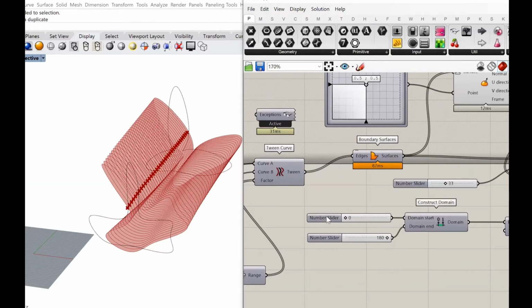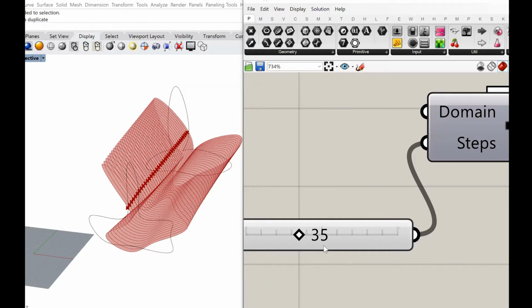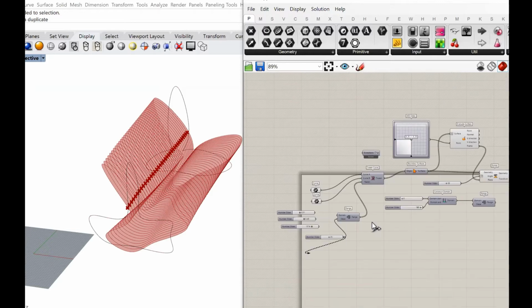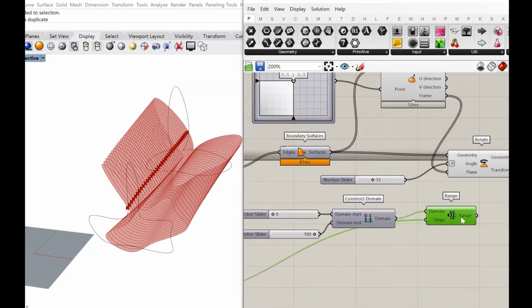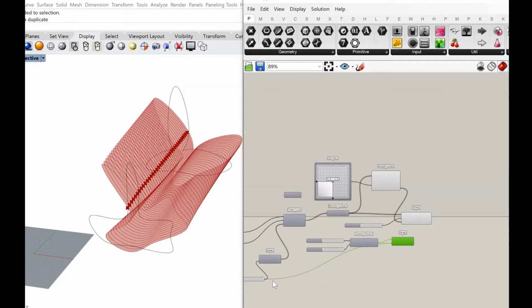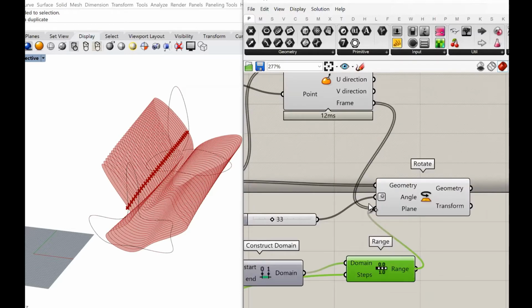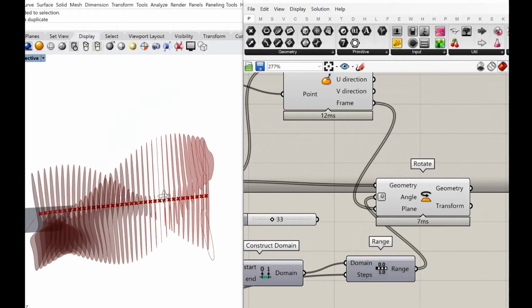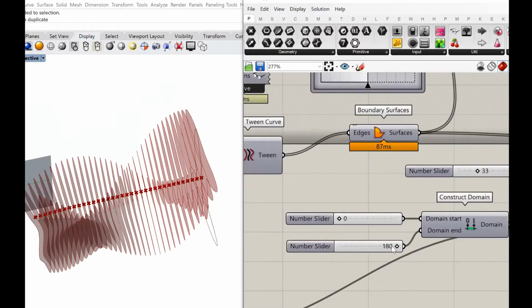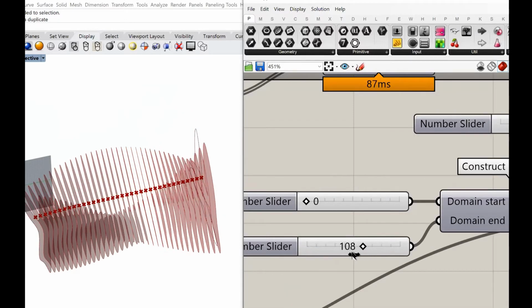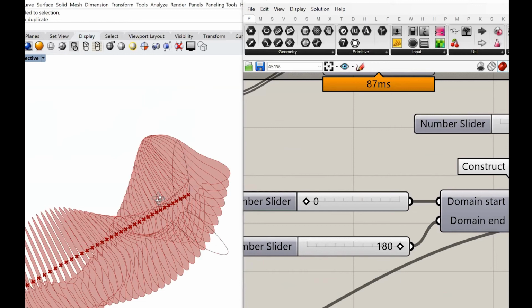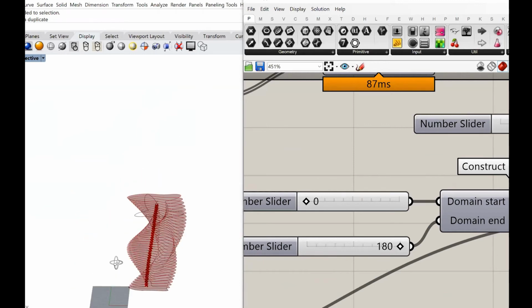So this is 36 here. I have a 35 number here already because I'm using the steps here to create the tweens. So I can simply use these steps and I don't even have to do an x -1 because I'm using one less step. And I use all of that as my angles. So what you see here is all the geometries are variably turning by a particular angle, which I can control here. So I can pretty much do a twist of 180 degrees of this entire geometry.